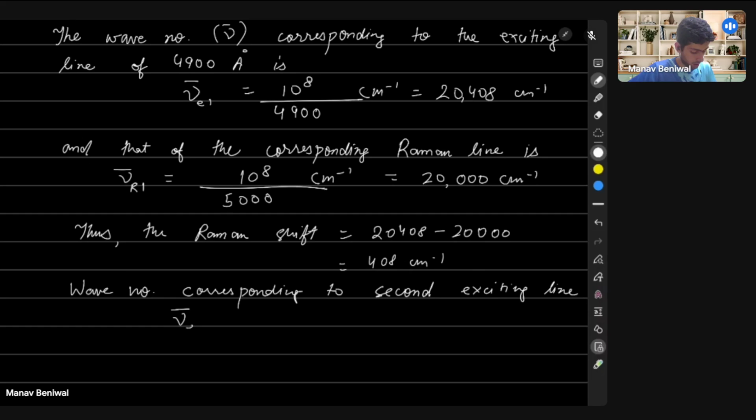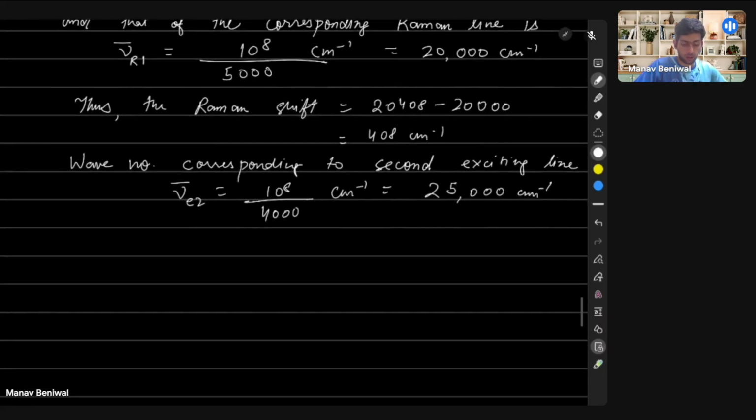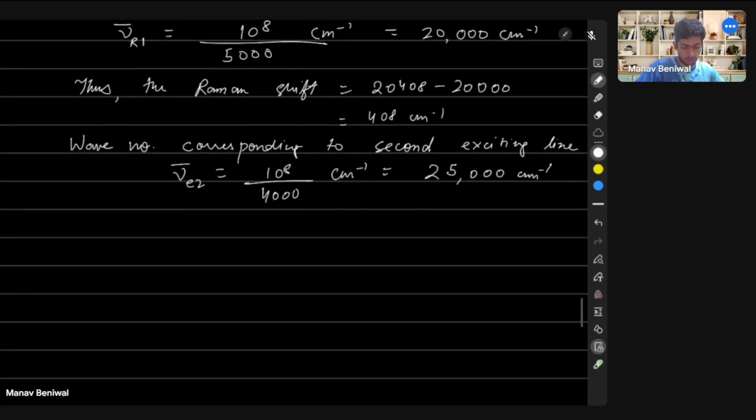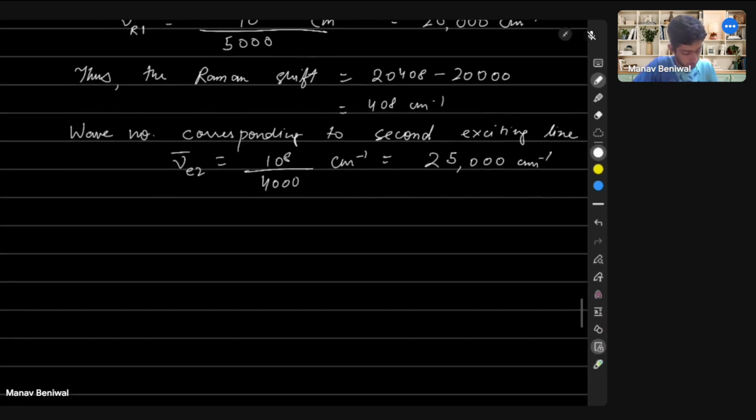That will be nu bar E2, 10 to the power 8 over 4000, and that simply comes out to be 25,000 per centimeter. Okay, now since the Raman shift remains the same,